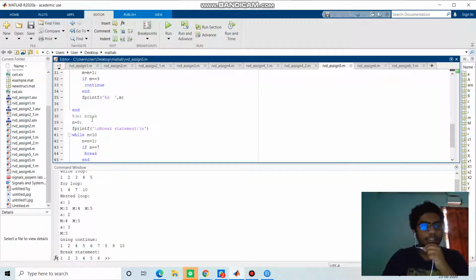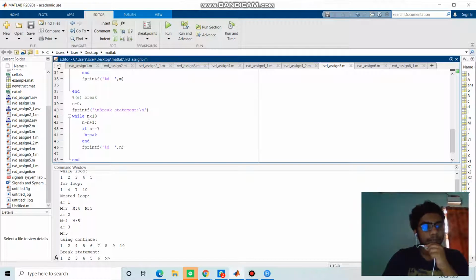And last but not least, the break statement. As soon as the loop reaches the number 7, it encounters the break statement, and hence it terminates the loop and goes outside of the loop. Hence, even though numbers have to be printed up to 9, as it encounters the break statement, it goes out of the loop and prints only numbers up to 6.